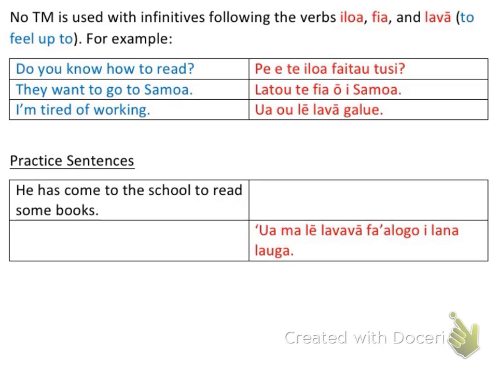And again, if you do use a tense marker after these verbs, it's going to be completely fine. It's just a small little thing. Okay, it's not going to throw off your whole sentence. Don't worry about it too much. I'm just saying that if you ever come across a sentence with these verbs and you notice that there's not a tense marker after it, you know why. So do you know how to read?